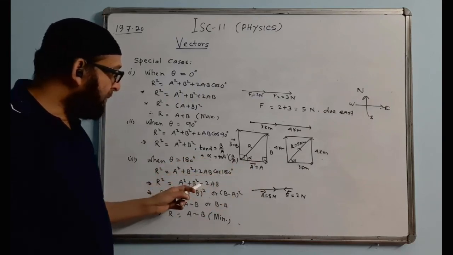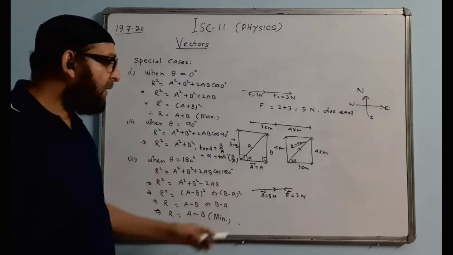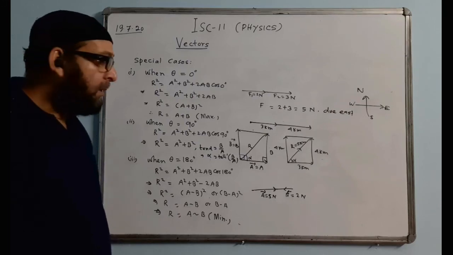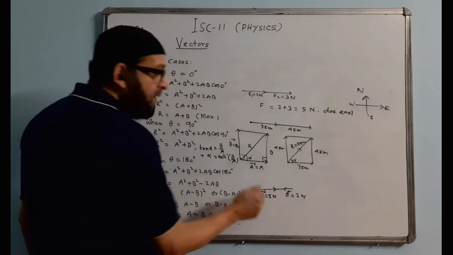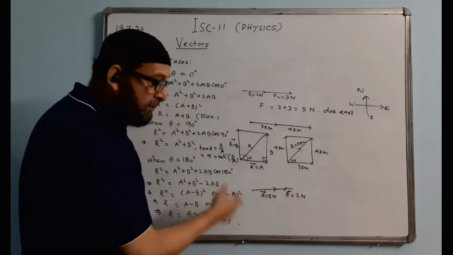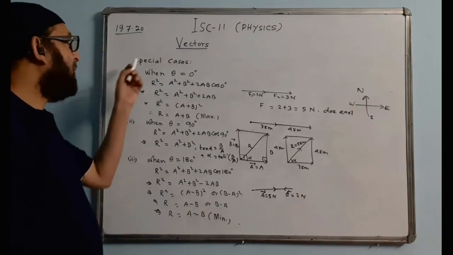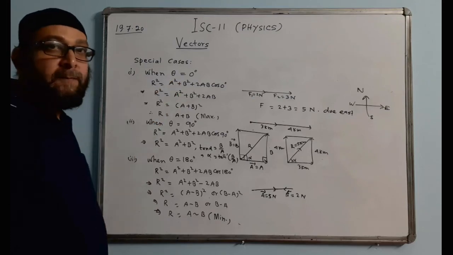Cos 180 degrees is minus 1 because the direction is opposite there. So the net resultant value will come as the subtraction of the two. And the direction will be the direction of the bigger one. If B is bigger than A, we will subtract and do B minus A. And the direction of the bigger one will dominate, and we will give the direction of the bigger one there. So this is the first law of addition of two vectors, the law of parallelogram.